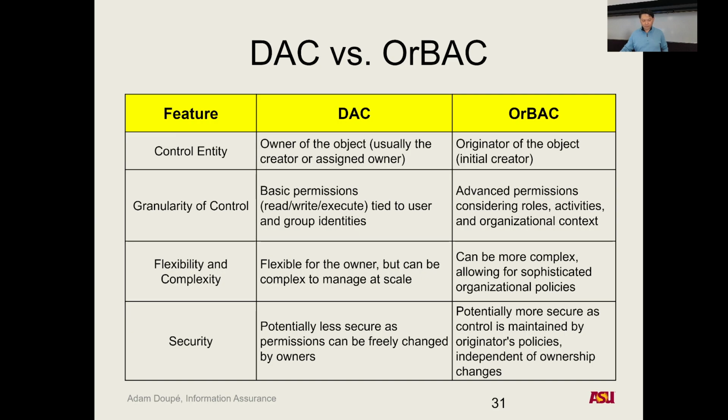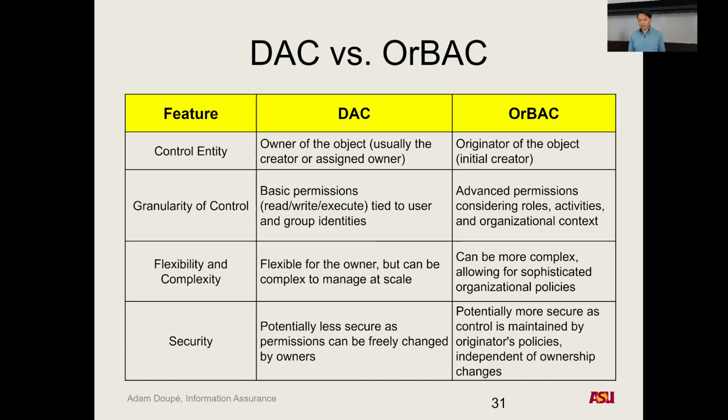Okay, and flexibility. That is flexible for the owner, but can be complex to manage at scale for large organizations, enterprises, like that. So we need to draw the access control matrix for everyone. So users from user 1 to 100,000 or millions of users, and read, write, like OWG. So that is a very big burden of management. So in this case, the flexibility is very low in the DAC model, but